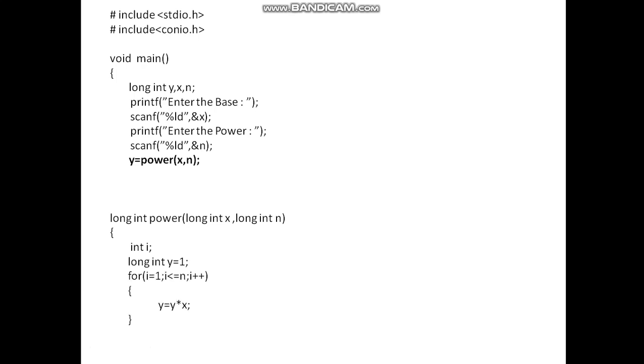Since I said that I have to multiply x by itself n times, this loop runs for n times. As per the previous discussion, the result variable y will be multiplied with the base continuously. Once we cross the value of i as n, y stores the value of x raised to n. So we are going to return the value of y.